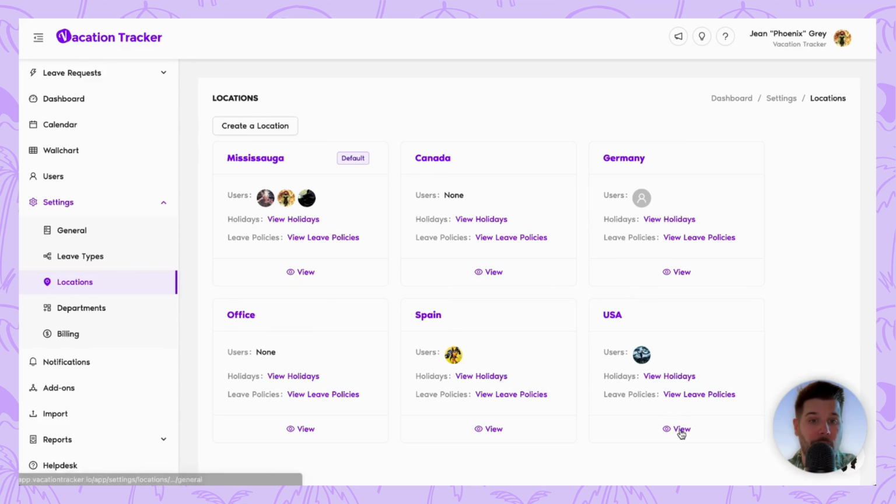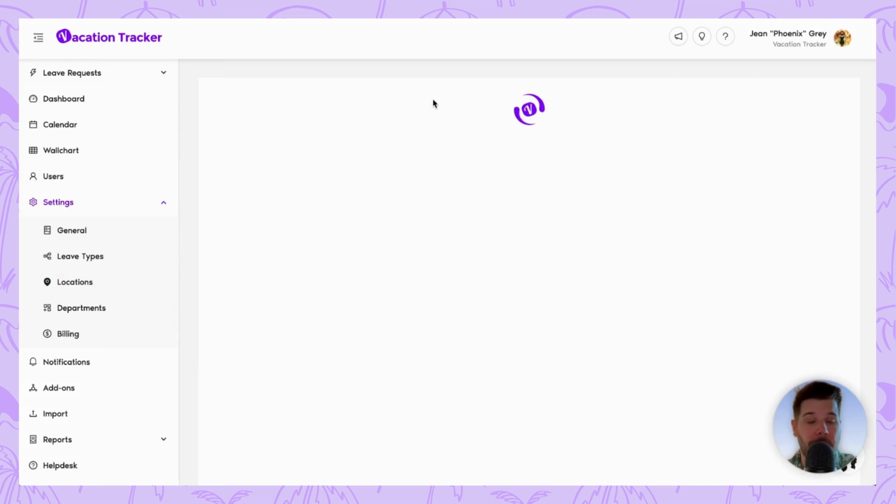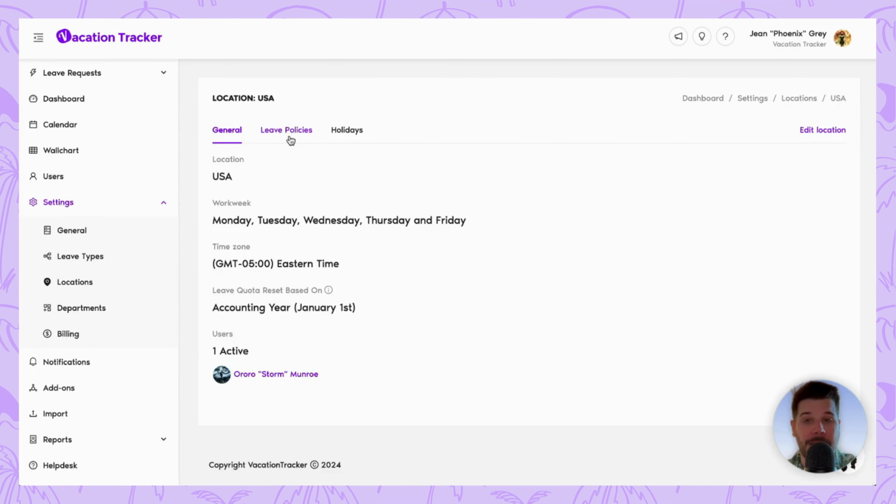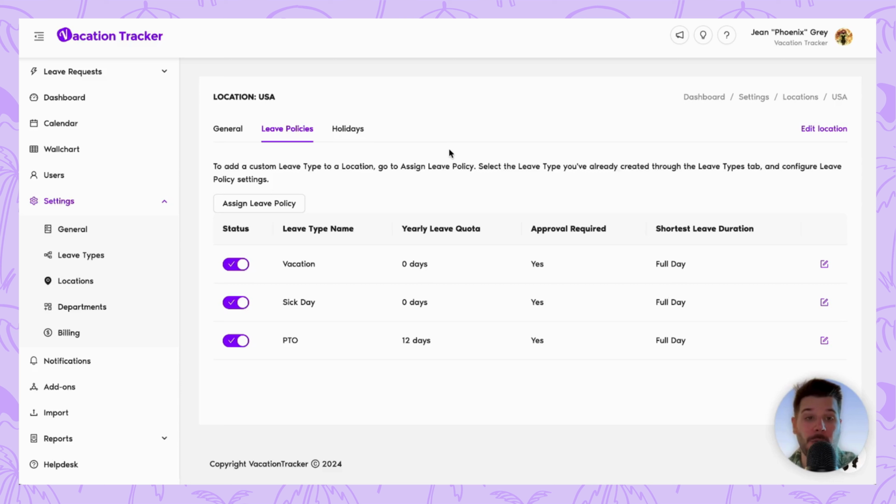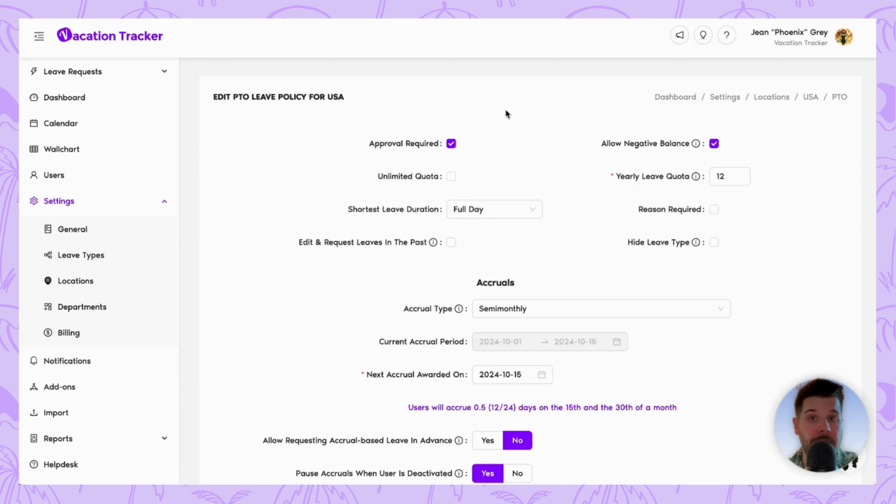We're going to click on View, and then once the page has loaded, we're going to click on the Leave Policies tab. Here we see all the different leave types that are currently at this location. If we want to change any of them from days to hours, we just need to edit it. So let's use PTO at the bottom here as our example. We're going to click on the edit button to the right here and be brought to the settings for this